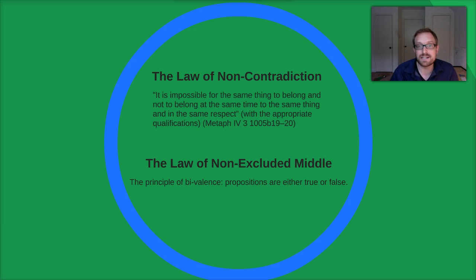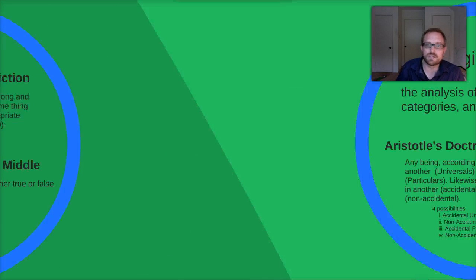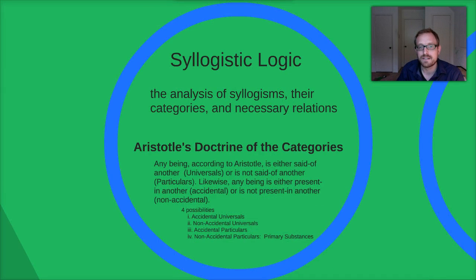Right? So if I say it's raining outside, that's a proposition, and it's a proposition because I'm making a claim about something. And if that's the case, that claim is either going to be true or false. So you can say that bivalence refers to the idea that things can either be true or false. And the law of excluded middle is essentially the principle or the axiom upon which that's based. And that's really quite important. Ultimately, if that wasn't the case, there would be severe ramifications in terms of logic as well as mathematics.